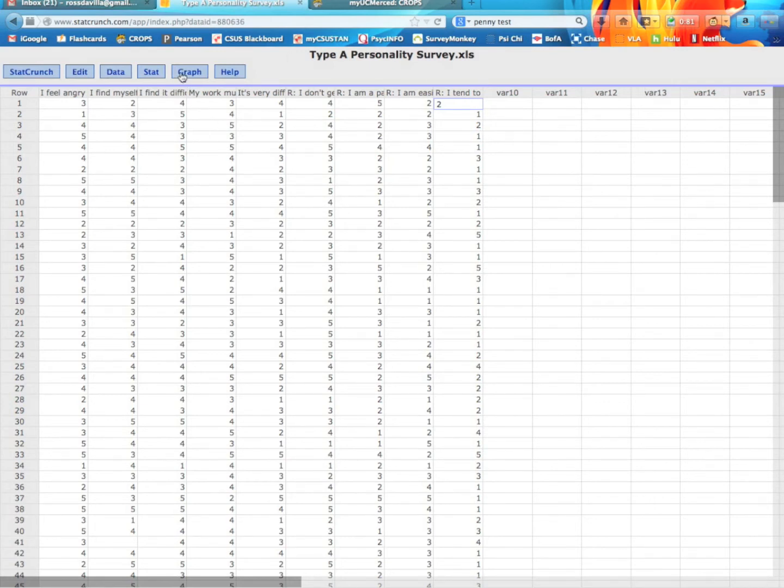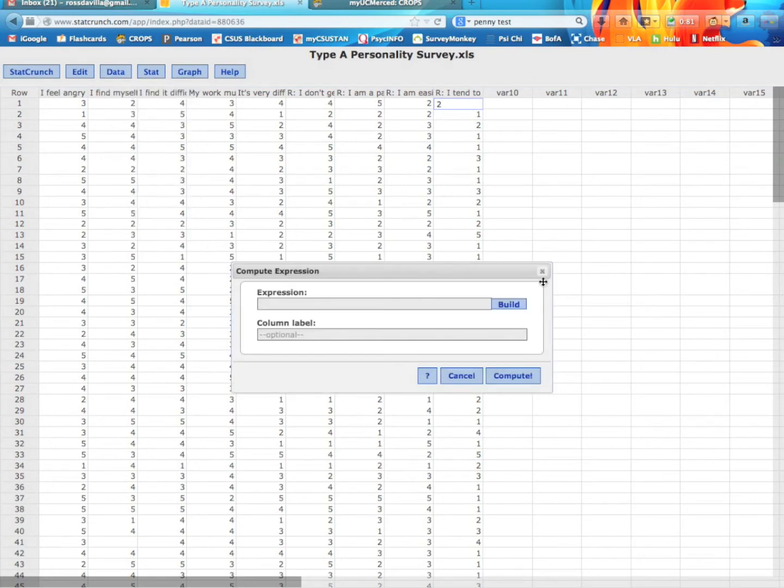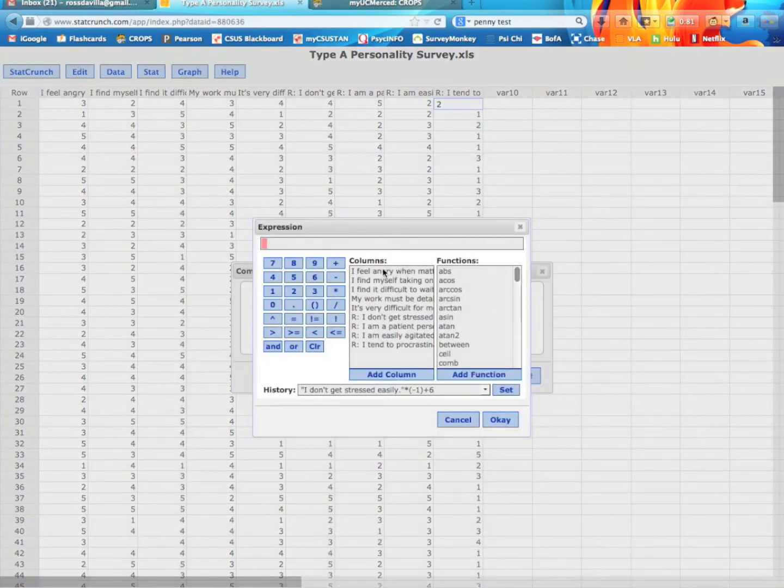Okay, so now we're going to do that split half reliability. Again, we're going to create a total score for the first half of the items, here 1 through 5, and then another total score for the second half, here items 6 through 9. Or on yours, since you're going to have 10 items total, 6 through 10. In order to do that, we're going to do another computational expression. This one's pretty easy. All we're going to do is add them all up.